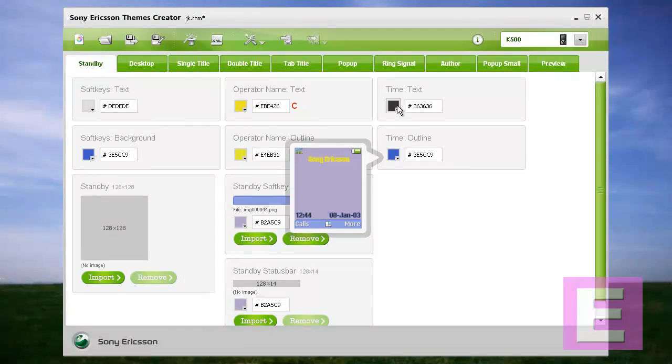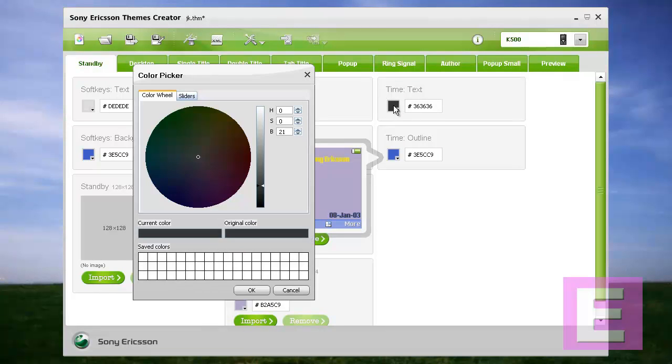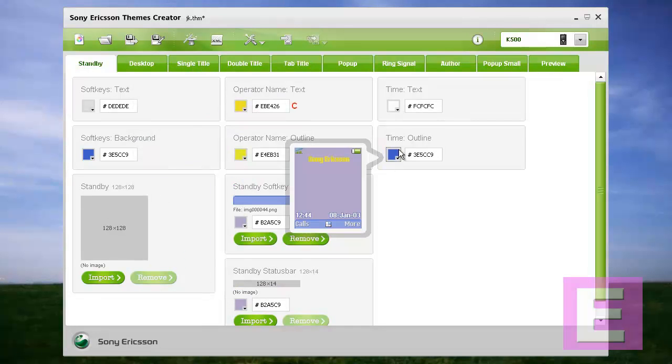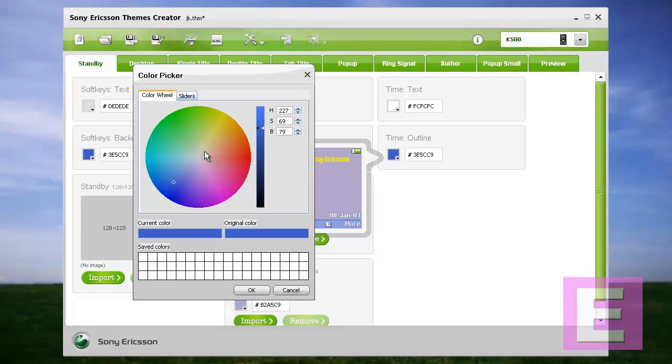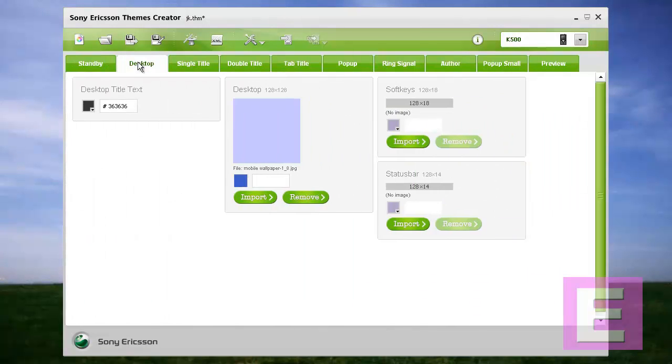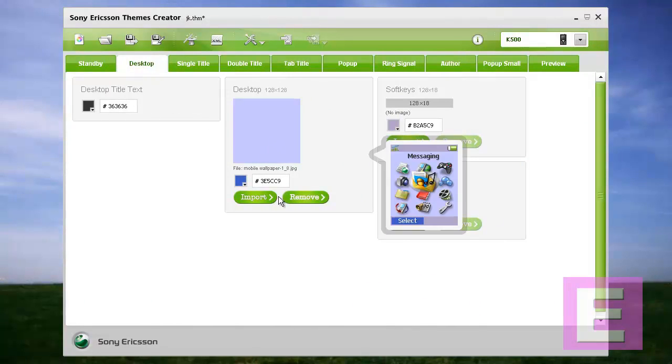Same way for time. What color do you want there? Simply set it. I will suggest white color. You can see the output. It is viewable in white color with a blue color outline. If you want to keep another outline, simply change it. Get the black one. Now see the output. Same way for desktop. You can import one. How the preview will appear you can see here on the right side.